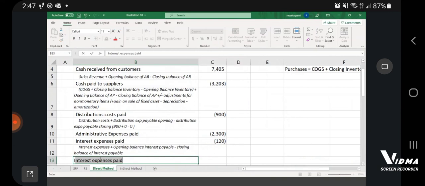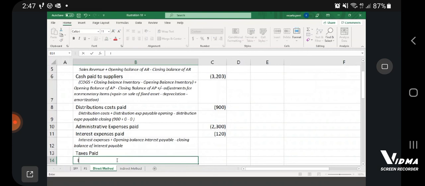That is taxes paid. Okay, this is what we need to calculate right now, taxes paid. Be careful, taxes paid will be equal to income tax expenditure plus opening balance taxes payable less closing